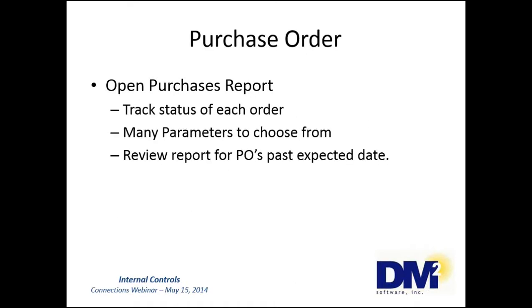The Purchase Order Open Purchases report provides information for all the orders or a selected group of purchase orders, including completed orders, and it can be printed as needed to track the status of each order. It can be run by selection of purchase order numbers, vendor numbers, required expired dates, purchase names, ship-to addresses, and user-defined fields when you're printing. Review the report for purchase orders past expected date. This allows you to find and correct orders received but not entered, as well as what orders your vendors still owe you that you've placed.